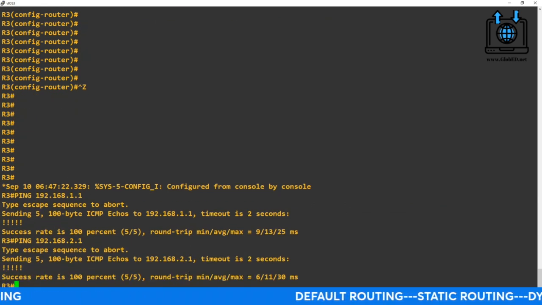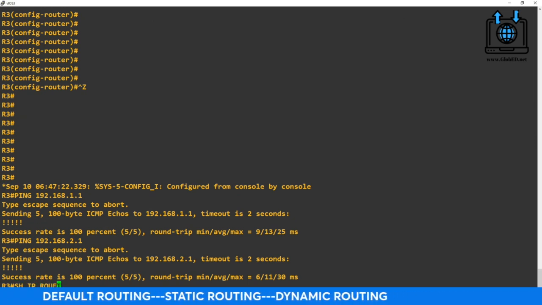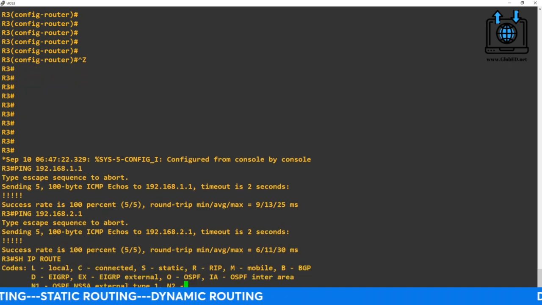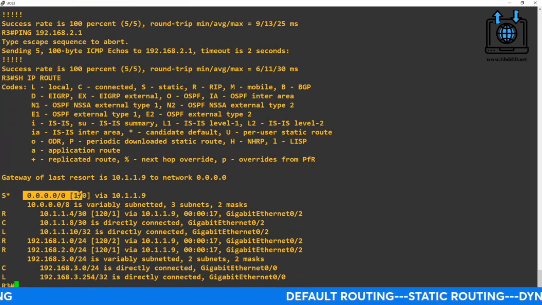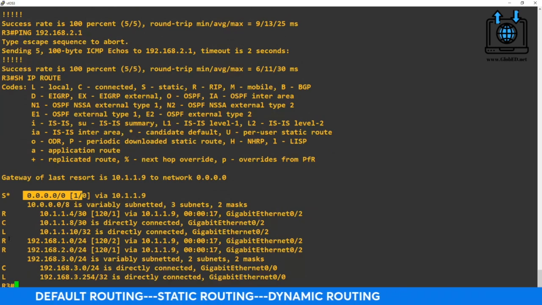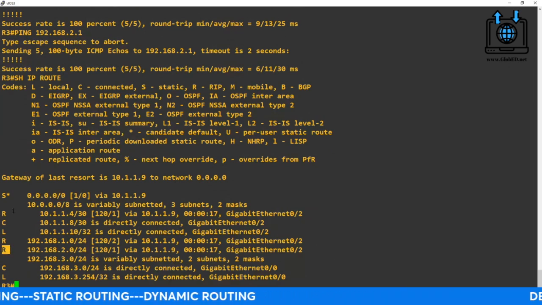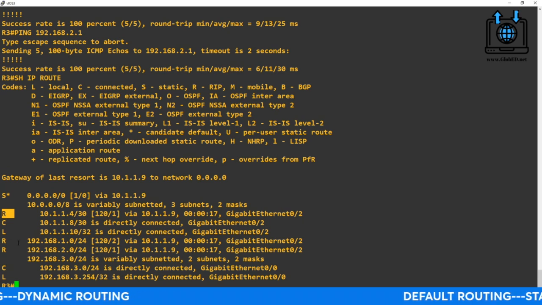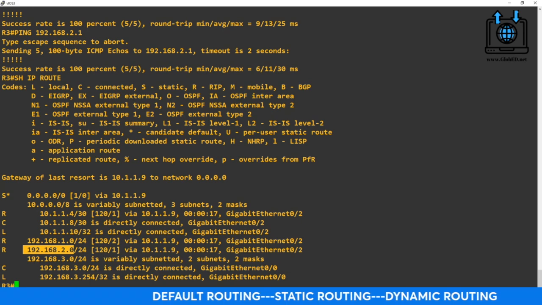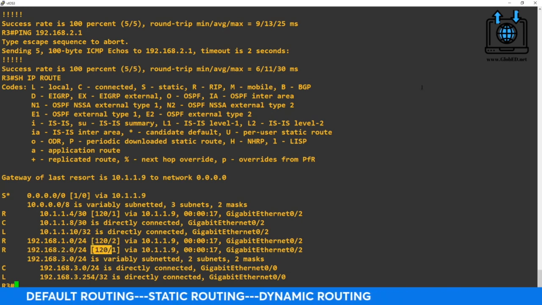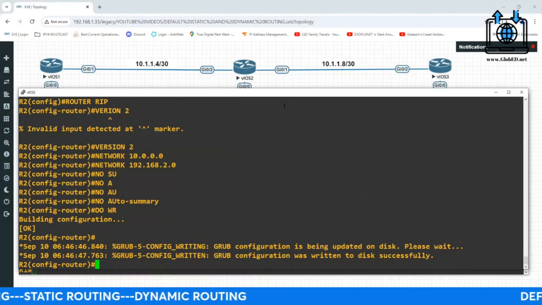So now, what are we using? Are we using static routes? Here, if you do a show IP route on router 3, we still have our gateway of last resort. That's never going to go away. That's there, okay, just in case. But we're using RIP. We're using RIP to get to the 10.1.1.4, we're using RIP to get to the 1.0, and we're using RIP to get to the 2.0, and here's the administrative distance right there. But to be fair, we didn't do any static routes here. The static routes were done in router 2.